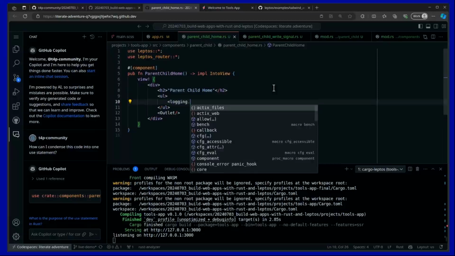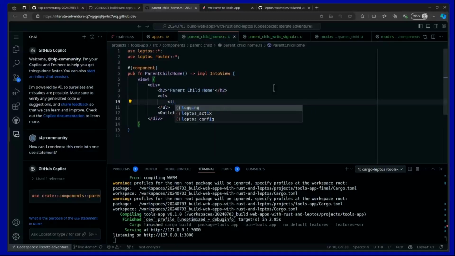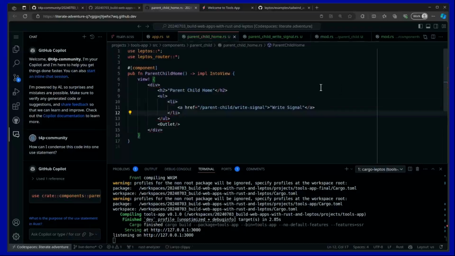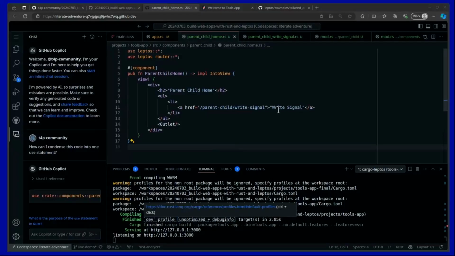We'll put a little list item here. And then I'm just going to put in a simple little anchor tag. And we'll just call this write signal. And for the href here, I'm going to say parent-child / write signal. And make sure you put a closing anchor tag on that. All right, go ahead and update your code. At this point, you should be able to run it, by the way. And you can,